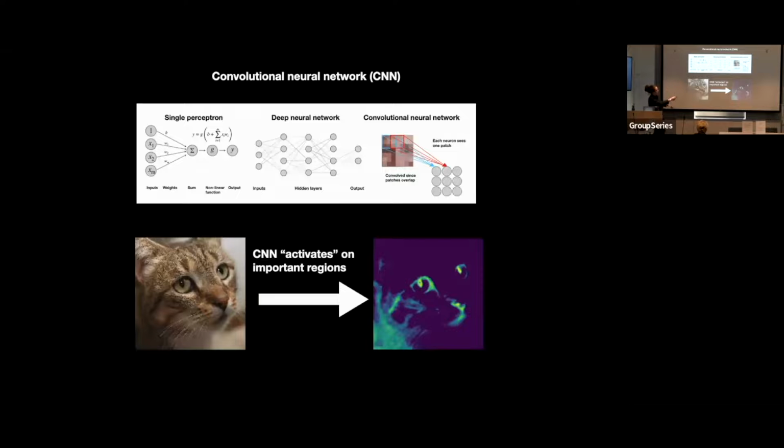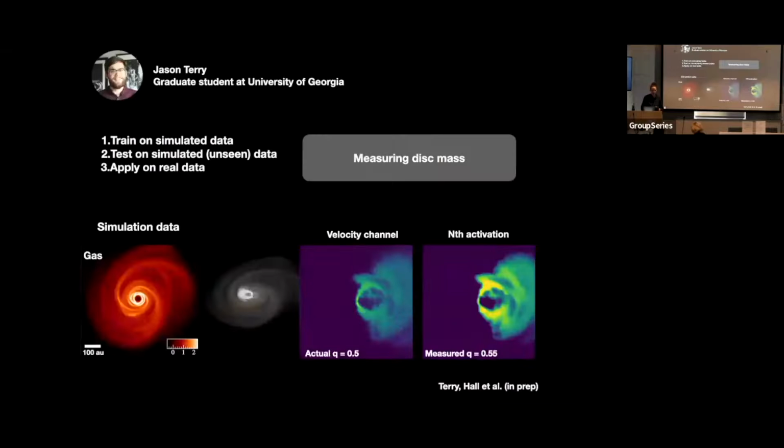It has a filter that slides over a series of pixels. In doing so, it keeps that spatial information, and it can tell you what's important spatially in that image. To give you an example, a CNN will activate on regions that it thinks are important in classifying this animal, whether it be a cat, a dog, a fish, a goat, whatever it is. It's decided that in classifying this animal correctly as a cat, the features that are important are the eyes, the nose, the tabby stripes, and a little bit the whiskers too, okay? The brighter parts are the parts that it thinks are important. So we can take this exact same idea and apply it on simulation data and also real observational data as well.